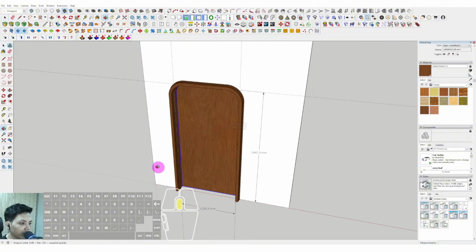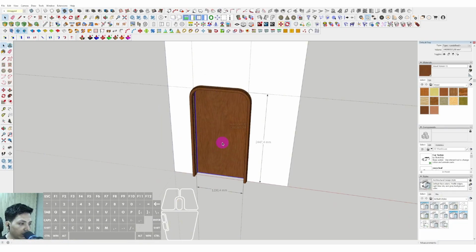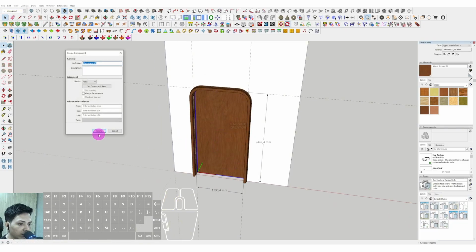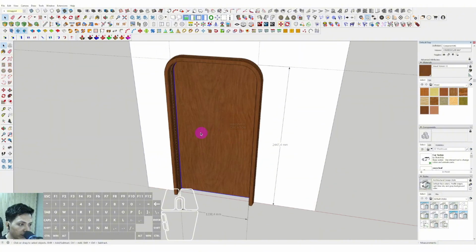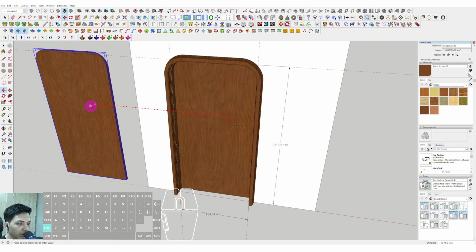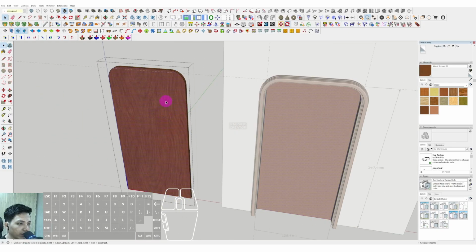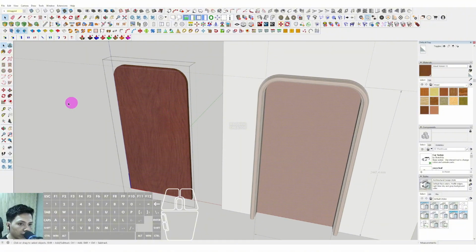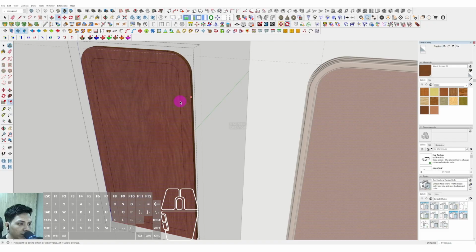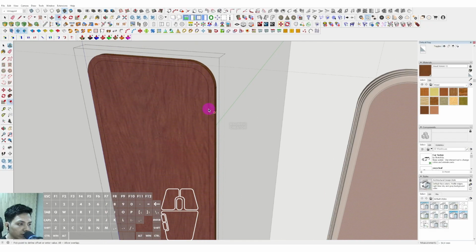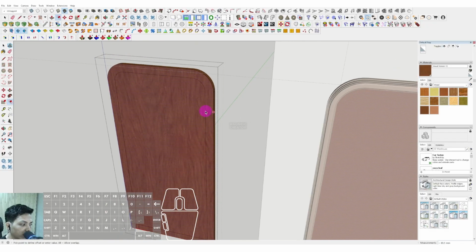Okay, and assign the materials in here. Okay, and I will right click and make component, and then just create. Okay, now we can click and select move and tap control and place it to the position in here, and I will give the decoration. We can click the surface and select the offset tool and click the edge. Okay, we can click the edge, offset it inside around 100 millimeter in here, and let's